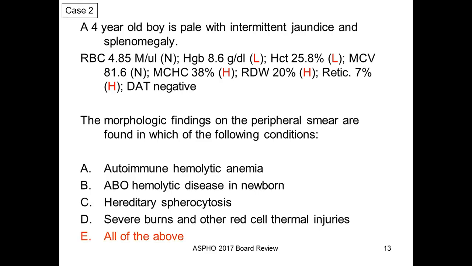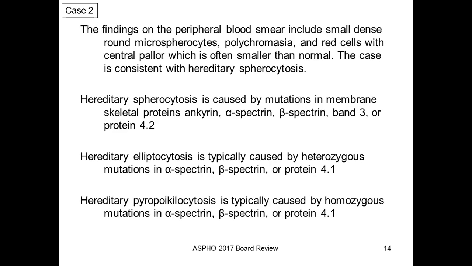You can see these morphologic findings with all of these conditions. As I said, the peripheral blood smear included small, dense, round microspherocytes, polychromasia, and the red cells that have central pallor typically have smaller than normal pallor. This case that I'm showing is actually a case of hereditary spherocytosis. It's caused by mutations in membrane skeletal proteins, which are numerous, including ankyrin, alpha spectrin, beta spectrin, band 3, protein